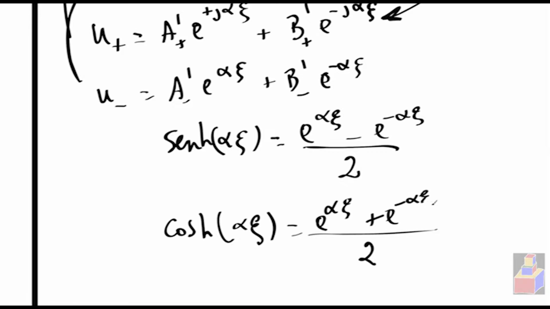Okay, so observe that as psi is very large, this term dominates relative to this one for positive psi. So the function resembles half of the positive exponential. The same goes for negative psi: this term is going to dominate, and the function resembles the exponential of minus psi divided by 2. On the other hand, cosine, as psi is too large, is going to resemble 1/2 of the exponential, in